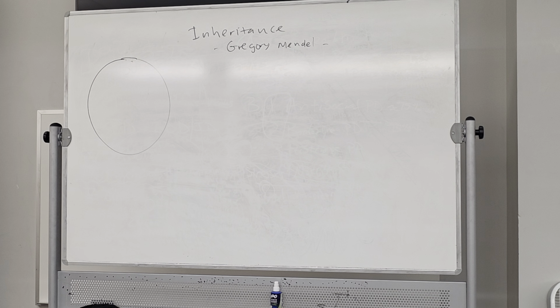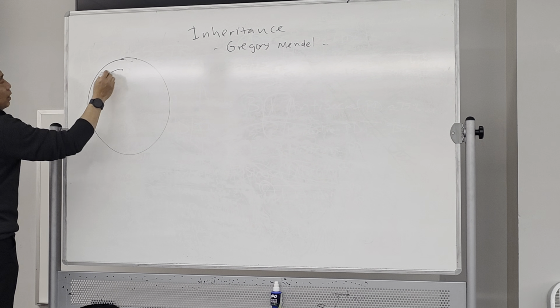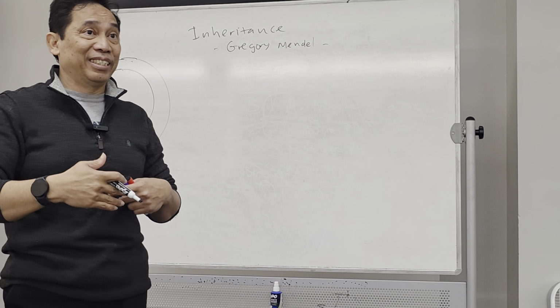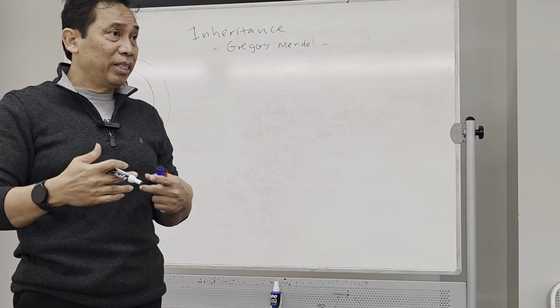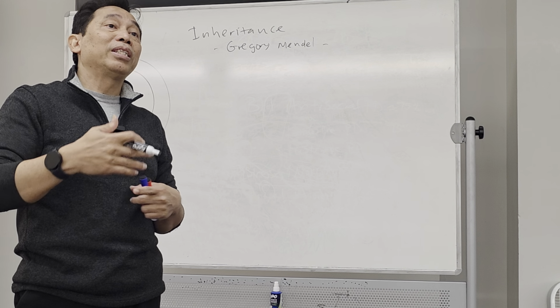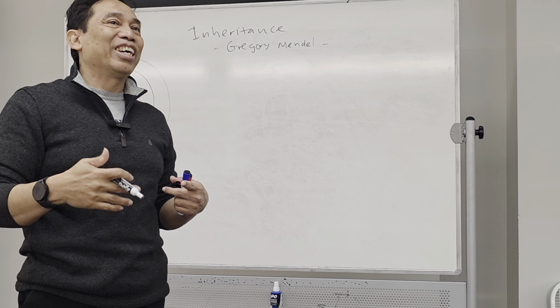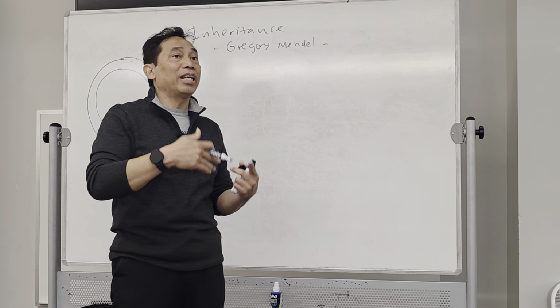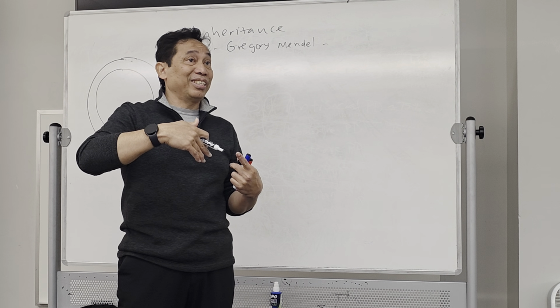characters is located in our cell. So let's say we have a cell, we have a nucleus, and inside the nucleus we have chromosomes, right? For humans, there are 46 chromosomes. Now those 46 chromosomes are actually 23 pairs. So 23 coming from your mother, the other 23 coming from your father. Therefore, every child will have combinations of father's and mother's traits or characters.